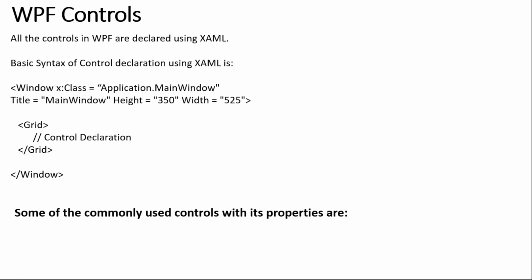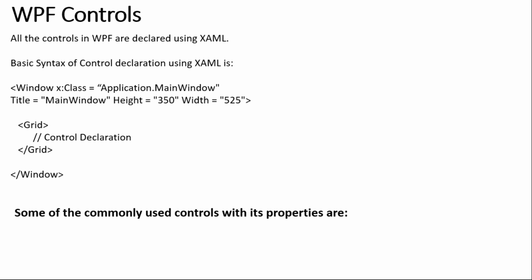Again I am repeating, the WPF unit will have theory as well as some easy programs. I am going to show you those programs in the later part of this PPT. Now moving on to some of the commonly used controls with their properties. If you recall the controls of Windows Forms, we have gone through some controls like text box, button, checkbox, checked list box, radio buttons, combo box, label, list box, and many more, right?